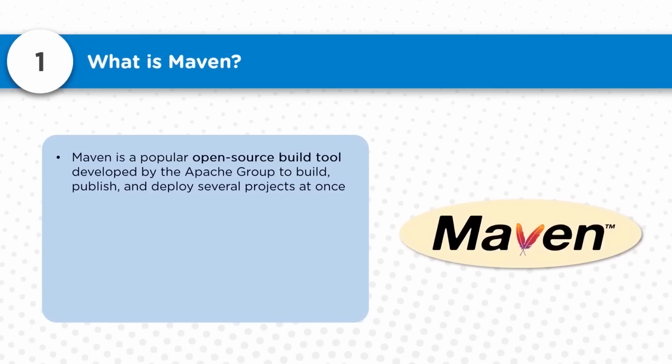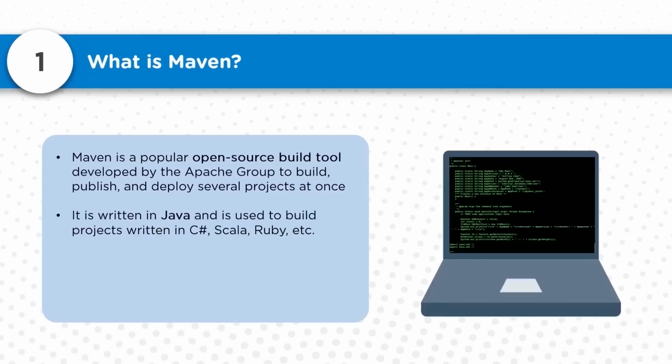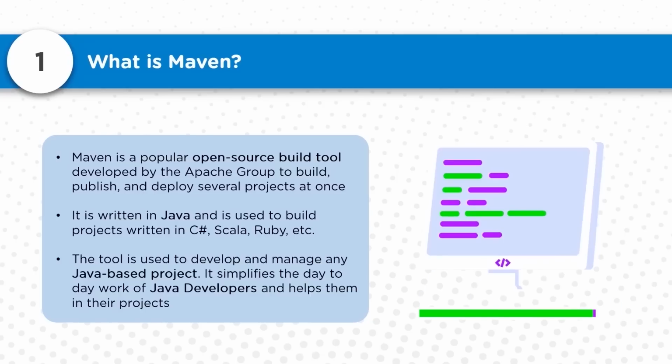We can integrate them with other tools like Jenkins, and we can automate them and schedule the builds. So we can get a lot of various advantages with the help of this tool. It's primarily written in Java, and it can also be used to build various other kinds of projects, like C#, Scala, Ruby, etc. So all these other typical projects can also be built with the help of this tool. It is primarily used for the development and management of artifacts in Java-based projects. For most Java-based projects nowadays, this is the default tool, and it's already integrated